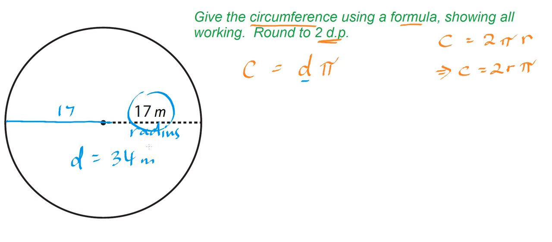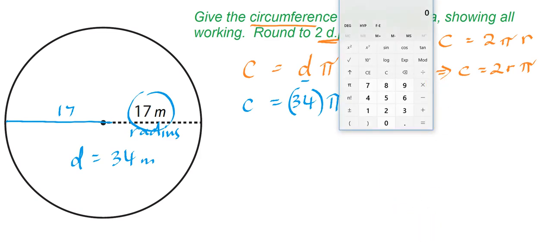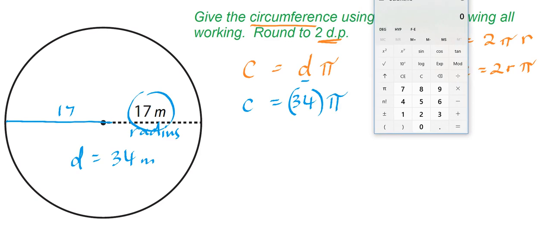So now we know that. We just have to substitute that information into the formula. So I still don't know the circumference, but I do know the diameter. So the diameter is 34, and I multiply that by pi. Now we must use our calculators, so let's use our calculators. And you just go like this, so it's 34 times, and then you use the pi key, and then equals,